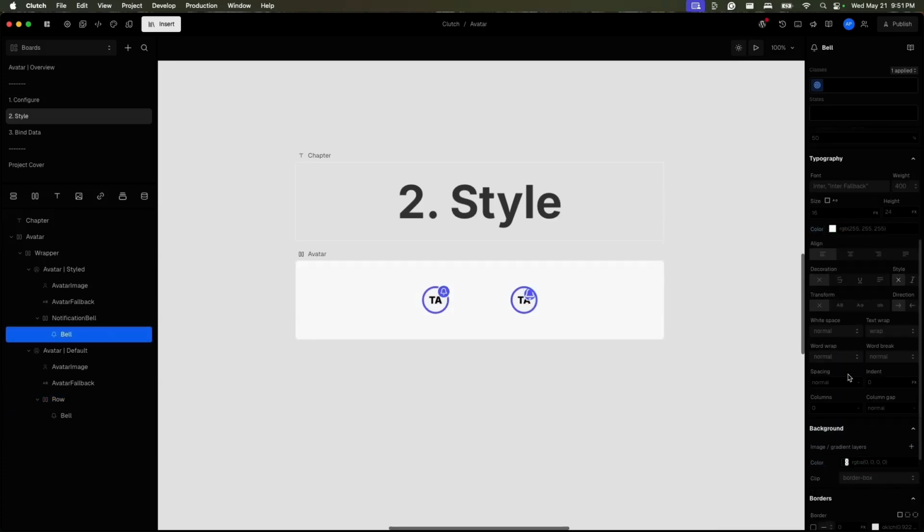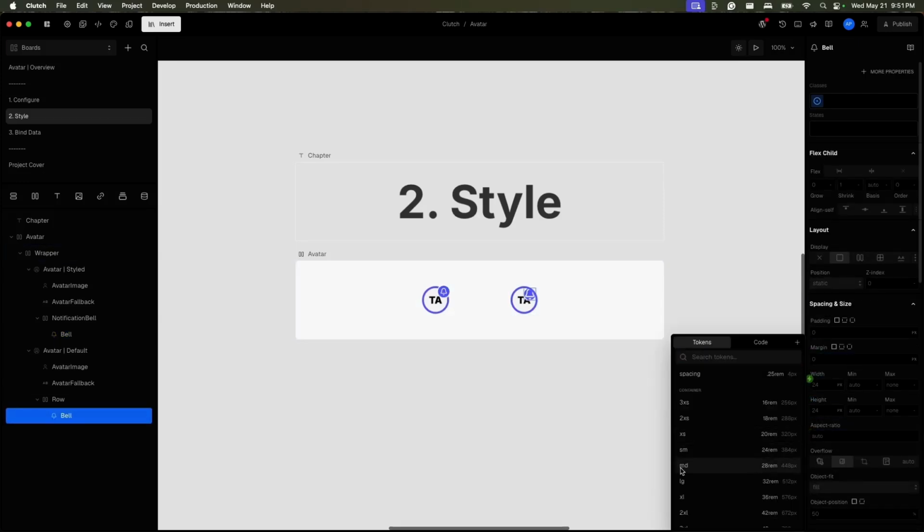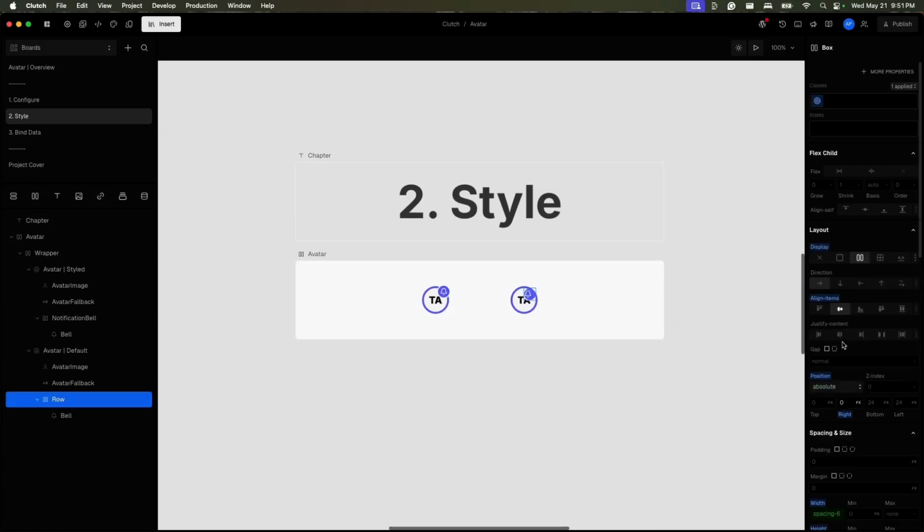And we'll double check the stylings on the icon itself. Icon, let's reduce that size. Center the icon back inside of our row here. And finally,